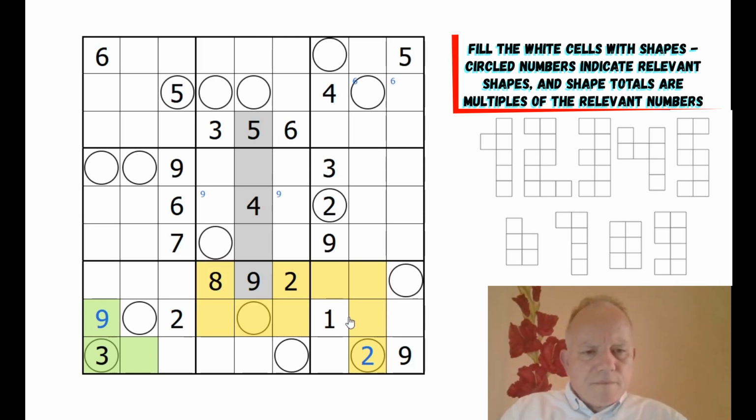Why do I think that? You then have to have... this could be a 7 or a 1. Couldn't actually be a 1 because of where the circle is. But this would have to be a 7 down here. I can't rule this out, but I didn't think it was very likely. I thought it was much more likely the 2 was going to connect to this 2, because if it's on the bottom row, I think it has to. And it would have to be...